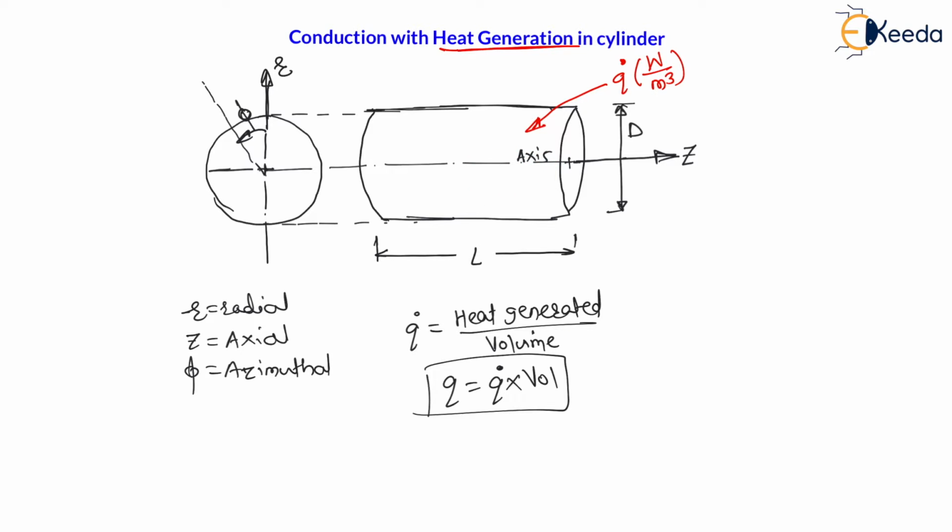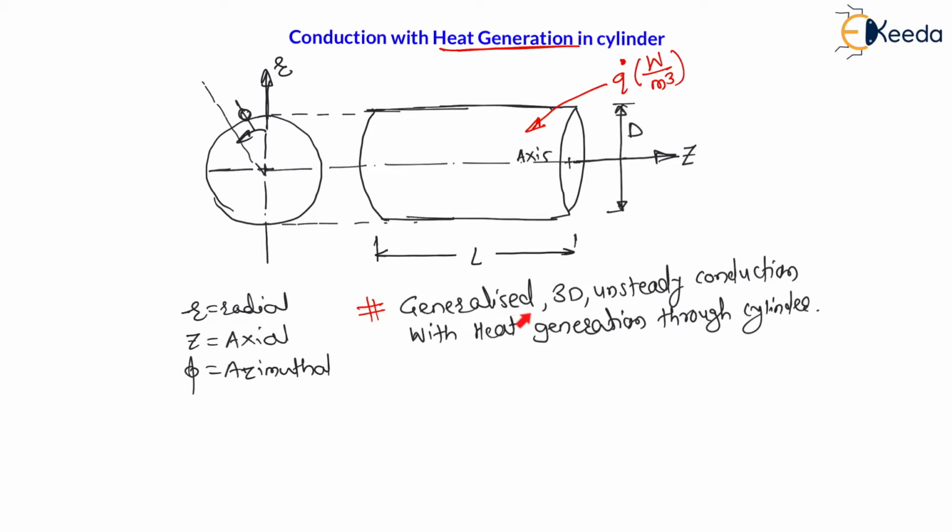And we know how to find the volume of a cylinder. The volume of a cylinder is area, that is pi r square, right? Or pi by 4 d square, also we can say pi r square. This is the area where r is the radius. R is the radius of the cylinder, which is nothing but diameter divided by 2, right? Into length. This is how volume is calculated, that is area into length. Area is pi r square, the cross sectional area.